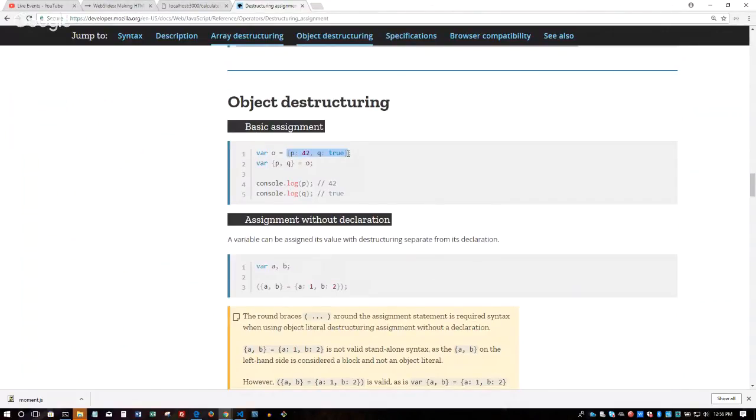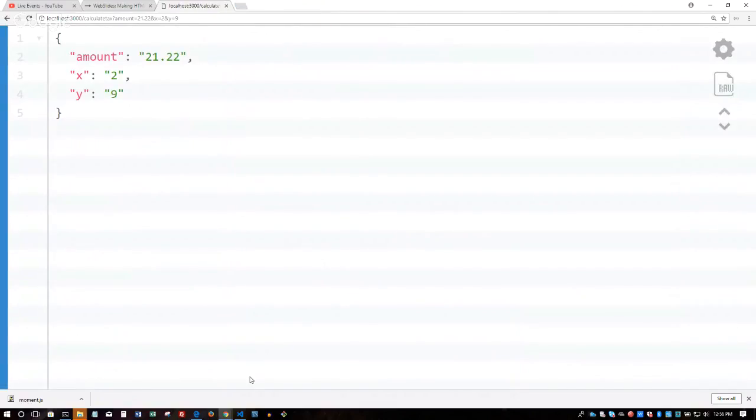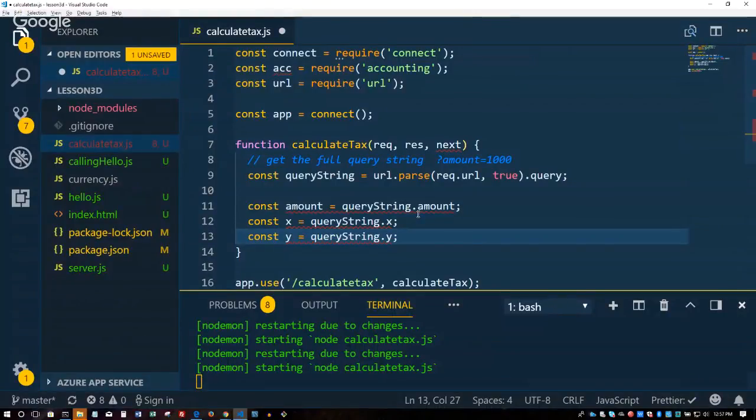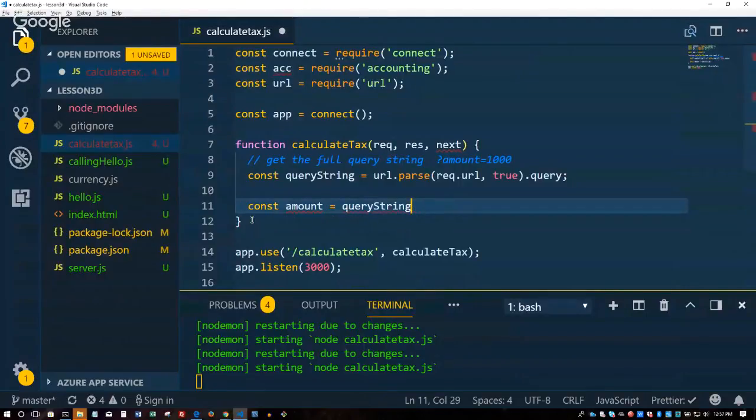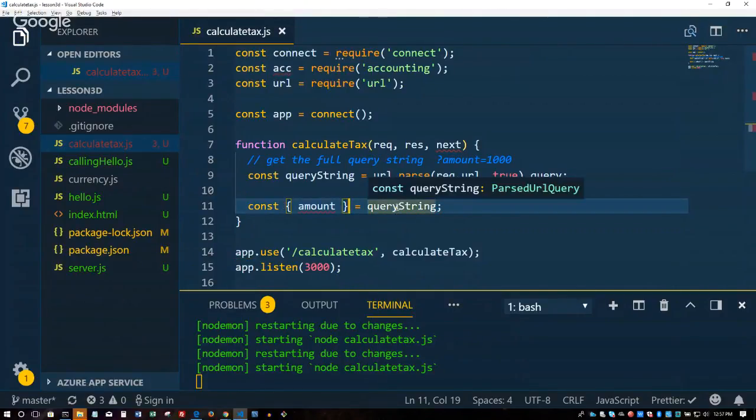So here's your object. Instead of having 2 lines, 1 per variable, you could have 1 line, put the variable names that you want to extract, and pass in the object here. So after this line, I could say console log p, and it'll know 42. That's what we're going to do, just to be current. So instead of this, because we only have 1 parameter, that's basically the answer here.